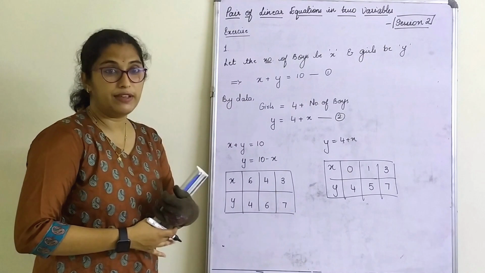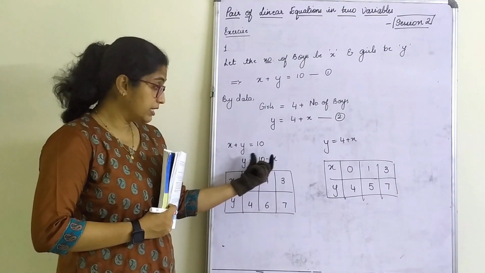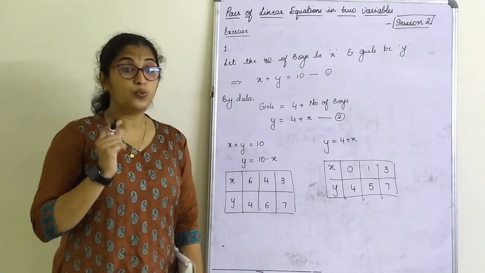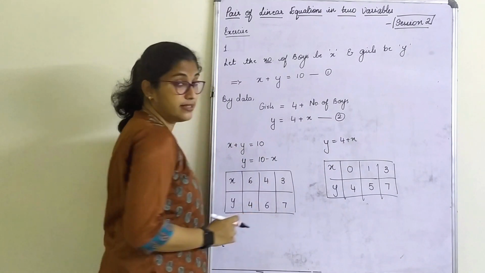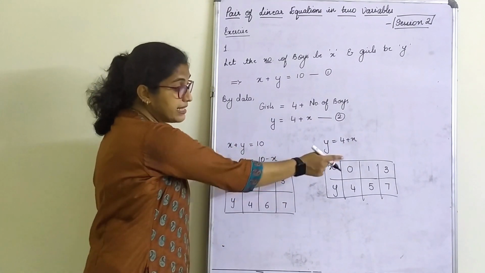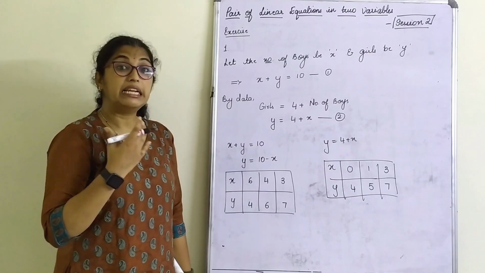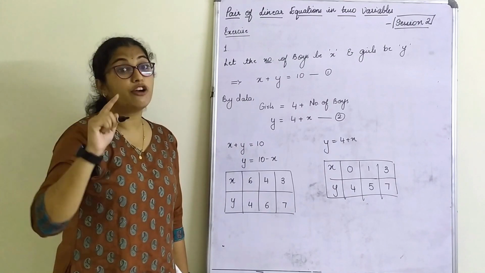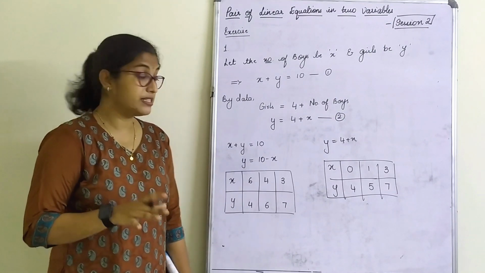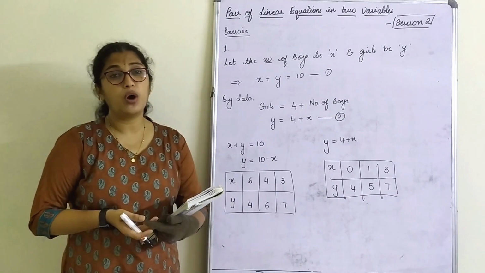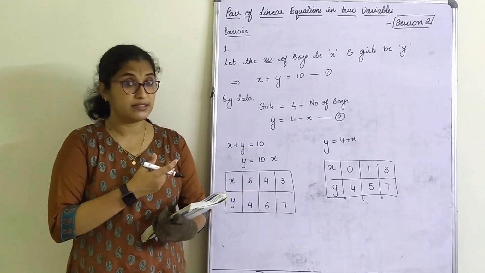One thing you have to always make a note, when we write the tabular column for this equation and this equation, there is one coordinate always which is same in this as well as in this. Which is that? That is 3 and 7. That means that's your hint given to the graph. In a graph when you draw, the line of intersection will be at 3 and 7. Always remember this. Now what I will do, you all know how to plot the graph, how to take the scale. We have already done in the previous exercise, right?